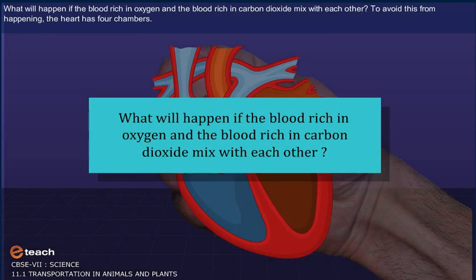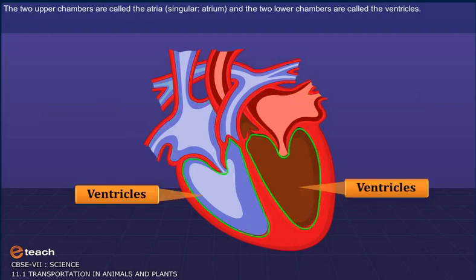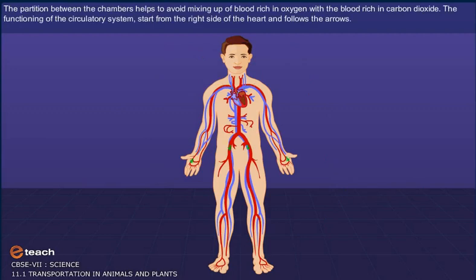What will happen if the blood rich in oxygen and the blood rich in carbon dioxide mix with each other? To avoid this from happening, the heart has 4 chambers. The 2 upper chambers are called the atria, singular is atrium, and the 2 lower chambers are called ventricles. The partition between the chambers helps to avoid mixing up of blood rich in oxygen with the blood rich in